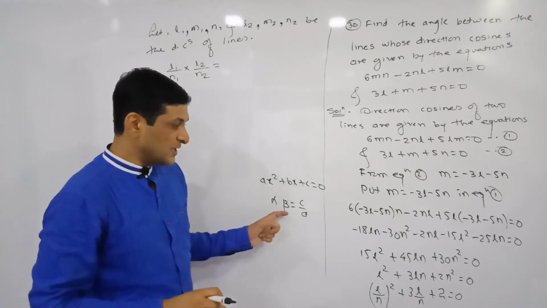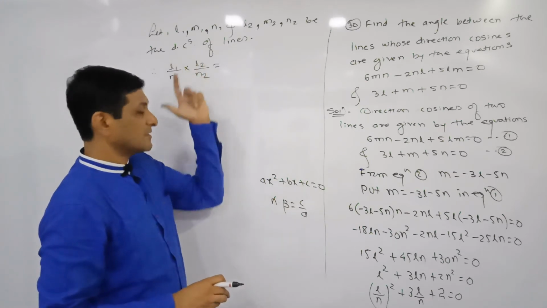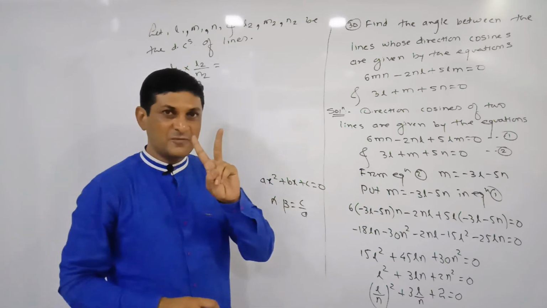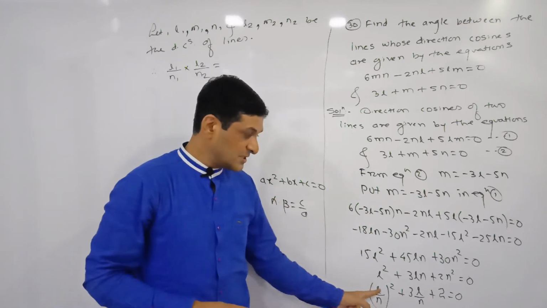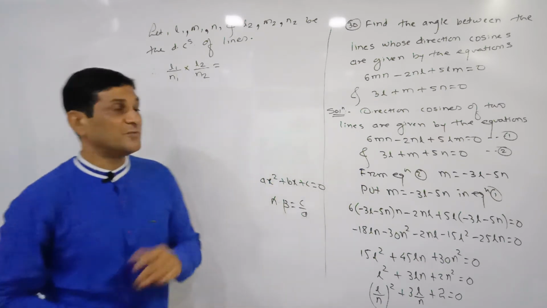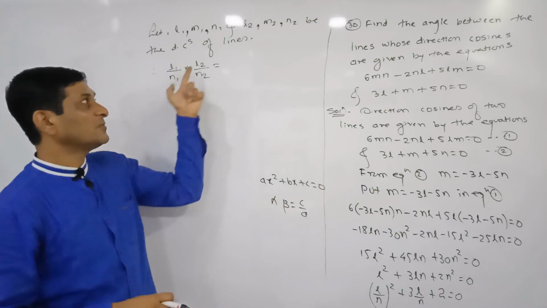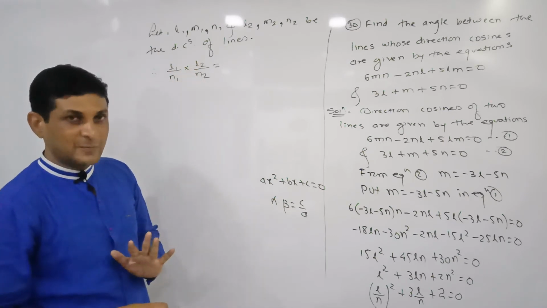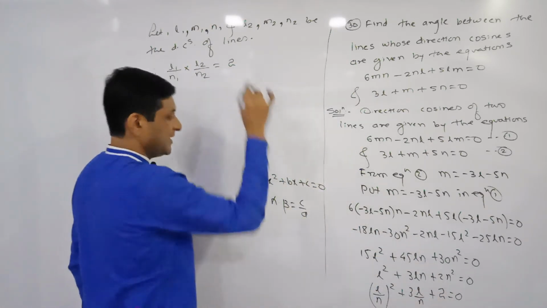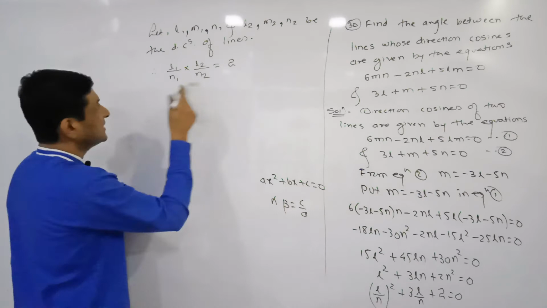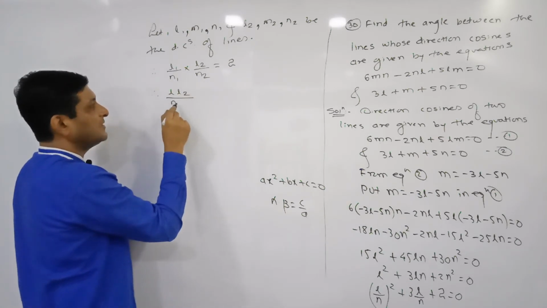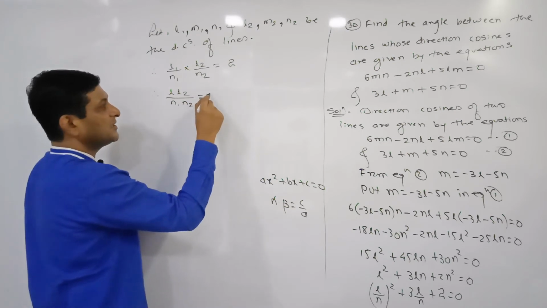And what is the formula to find the product of roots? Again observe, if the equation is in terms of x, we get 2 values of x. Here the equation is in terms of l upon n, so we will get 2 values of l upon n. The first value we have denoted by l1 upon n1 and the second by l2 upon n2, and the product of roots is c upon a. Here c is 2 and a is 1. So l1 l2 upon n1 n2 is equal to 2.